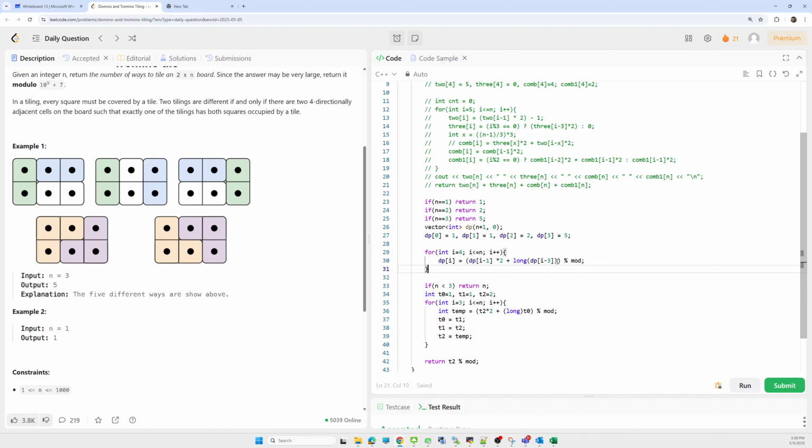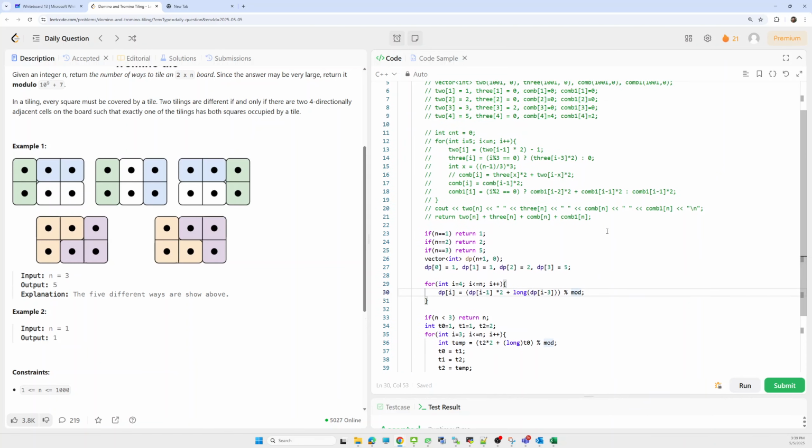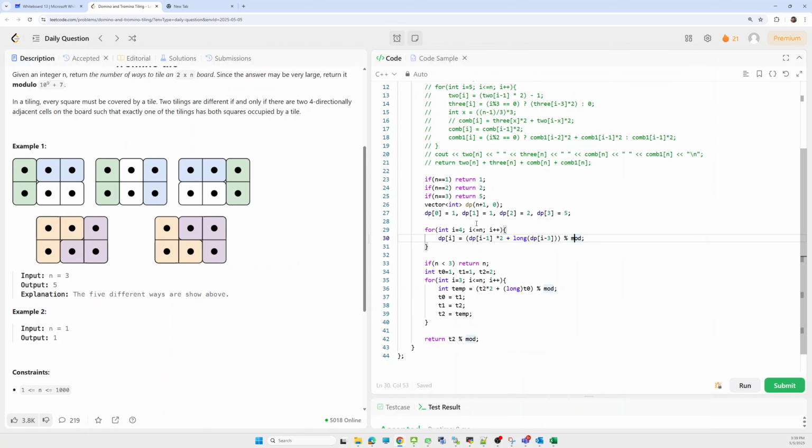And the number of combinations using the last multiple of 3 tile, so i minus 3, we'll take the base case here, DP of i minus 3. So update, and as we have to return the answer modulo 10 to the power 9 plus 7, we'll return that simply.